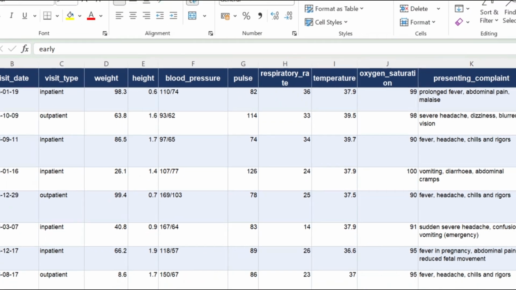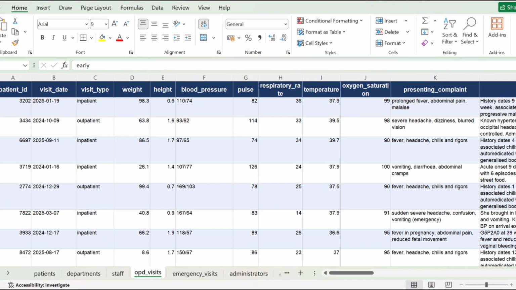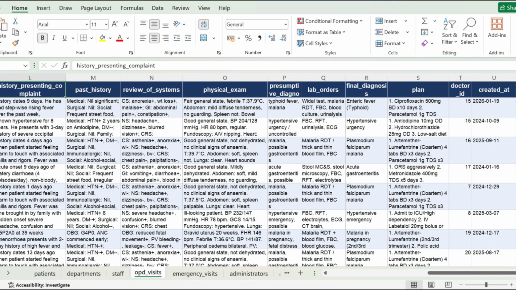Next is the outpatient visits table. This is one of the most important clinical data sets in the hospital. Each row represents a patient encounter in the outpatient department. We have visit dates, vital signs, presenting complaints, history of presenting illness, past medical history, review of systems, physical examination findings, laboratory requests, diagnosis, treatment plans, and the attending physician. This table gives us a detailed view of routine patient care and is often the starting point for many healthcare